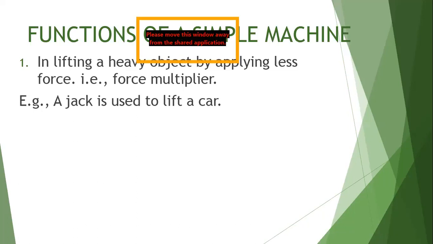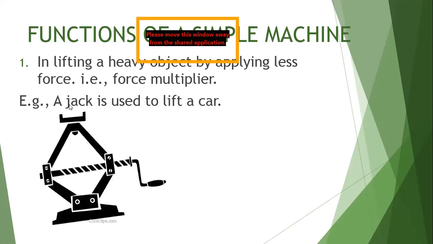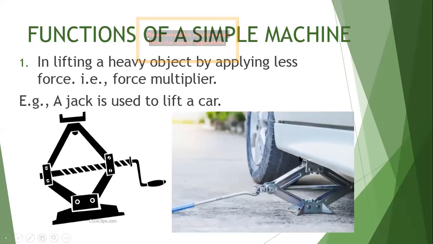But we are provided with a jack. And what we do with the help of a jack, you must have seen a jack. It looks something like this. Okay, so we place the jack beneath the car and then we rotate this handle. And after rotating the handle, you will find that the car gets lifted. Okay, so here we are using this jack, and this jack is used to lift a car. Practically speaking, we cannot lift a car, but still we want to lift it. That's the need of the hour. We want the car to be lifted to replace the tire. So what we do, we use a machine there.